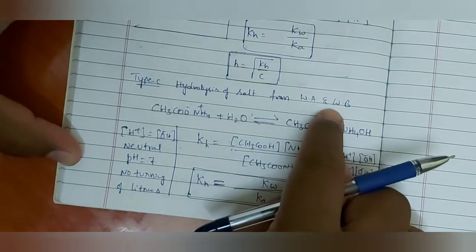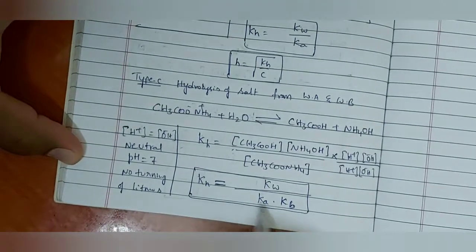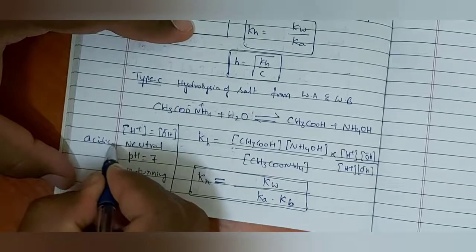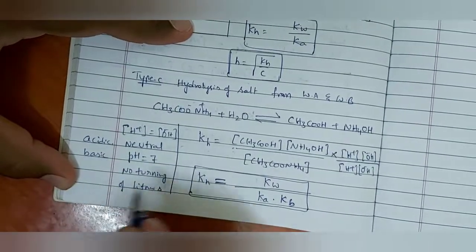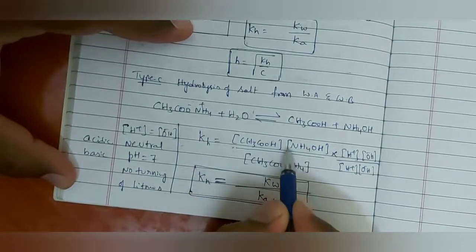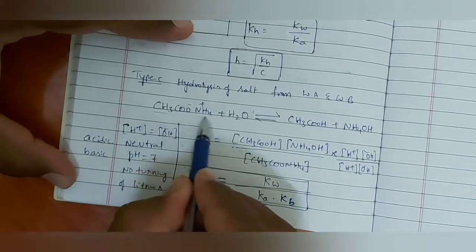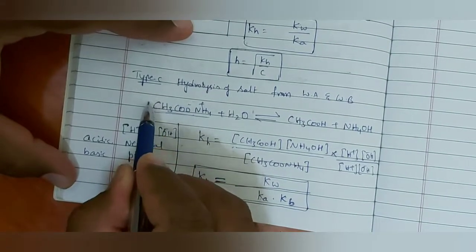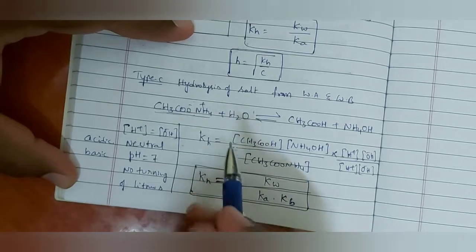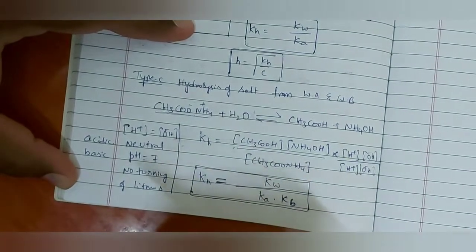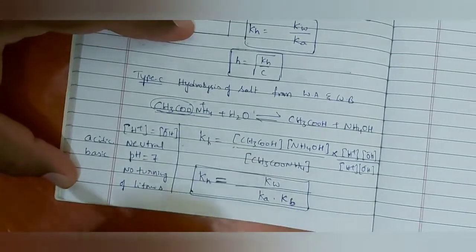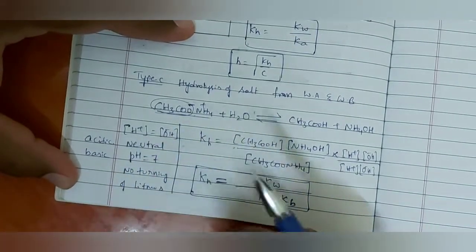One small correction here. Hydrolysis of salt from weak acid and weak base is there, na? Both Kw by Ka and Kb we are getting. Sometimes it will be neutral, sometimes acidic, and sometimes basic also, depending on slight differences. See the CH3COOH and NH4OH, that means CH3COONH4, both are not equally strong. If they are not equally strong, sometimes we get a resultant that is slightly acidic, sometimes slightly basic, depending on the strength of the ion. This is for example only I told. Like this, different salts might be there, na?